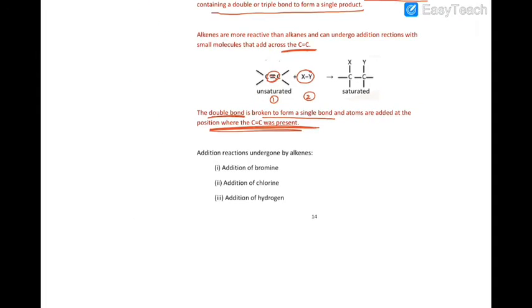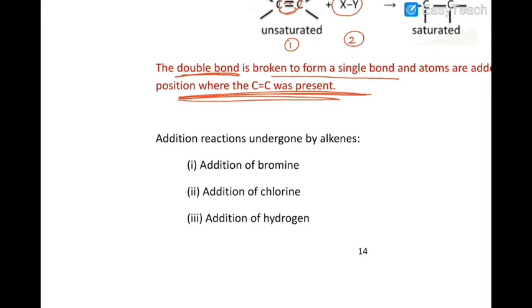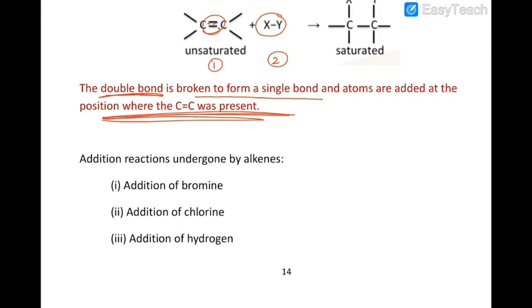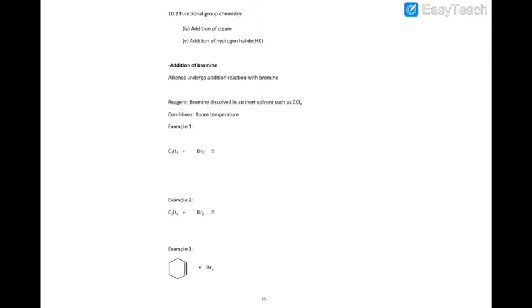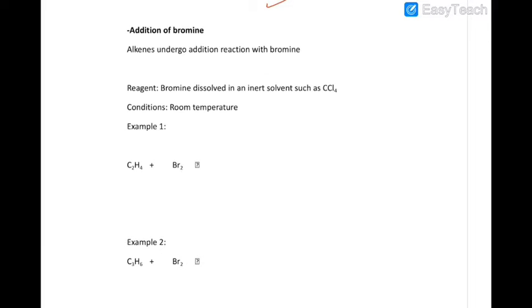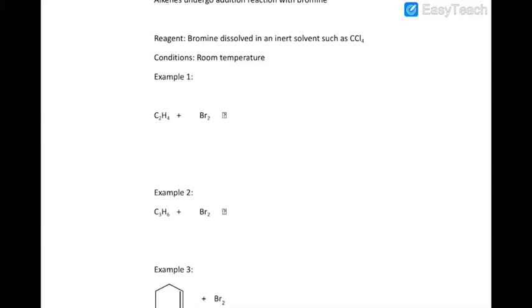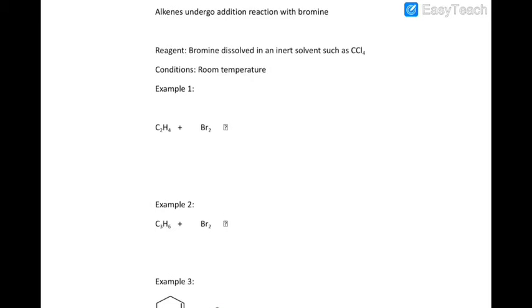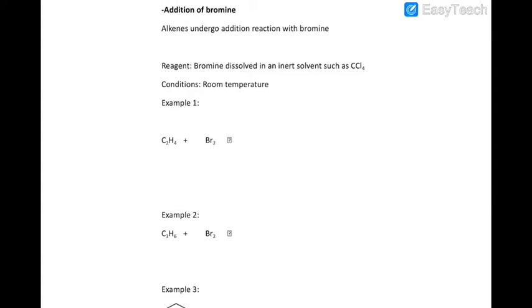There are 5 addition reactions undergone by alkenes that you will study: addition of bromine, addition of chlorine, addition of hydrogen, addition of steam, and addition of hydrogen halides. Addition of bromine, you're going to have bromine that just adds in between the double bond. The reagent is bromine dissolved in any inert solvent, so bromine dissolved in CCl4, and it's going to occur at room temperature. So here you have ethene plus bromine, so you will end up with